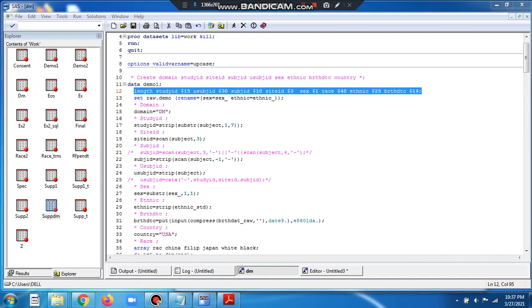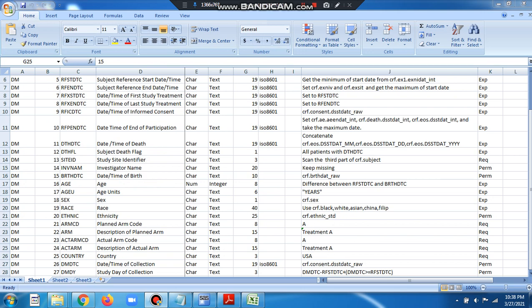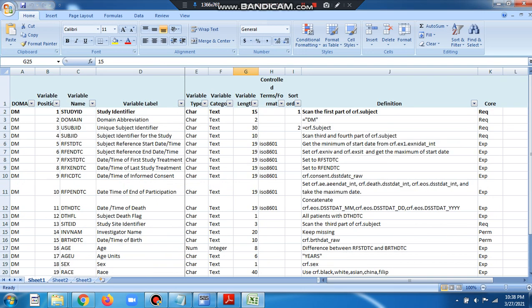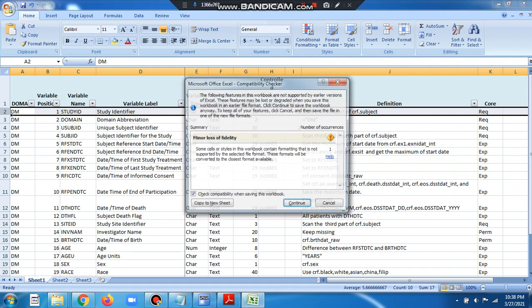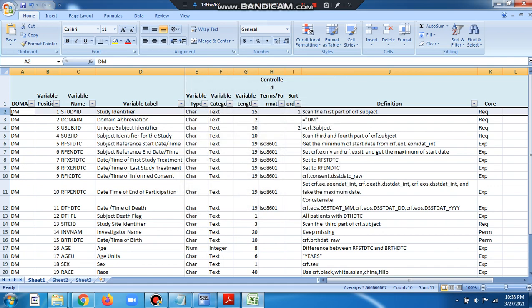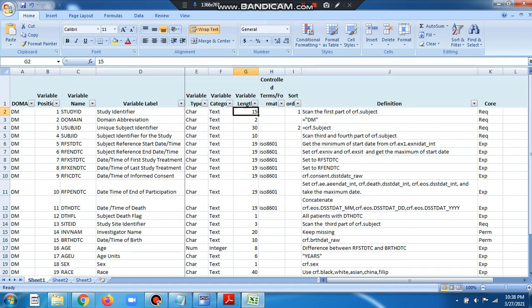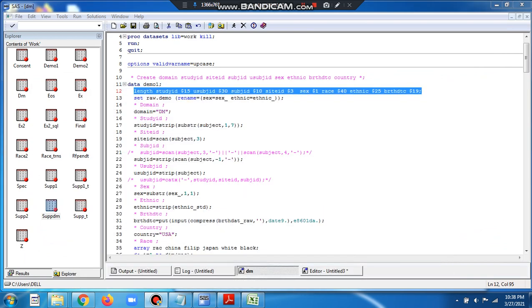So we have assigned the length for all the variables here as per the spec. In the spec you can see we have the variables and their corresponding lengths have been given, so we have to assign all these lengths to each of the variables when we create them, and I did do that.